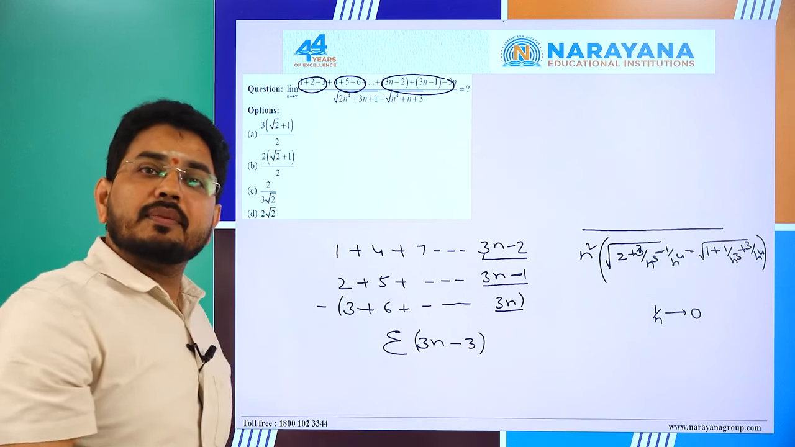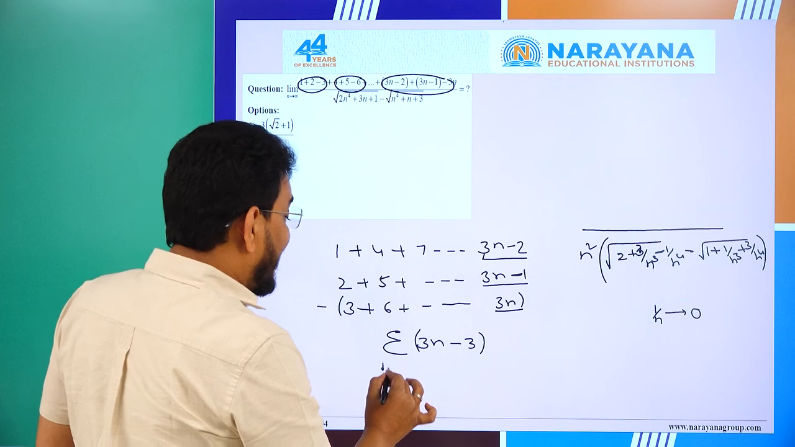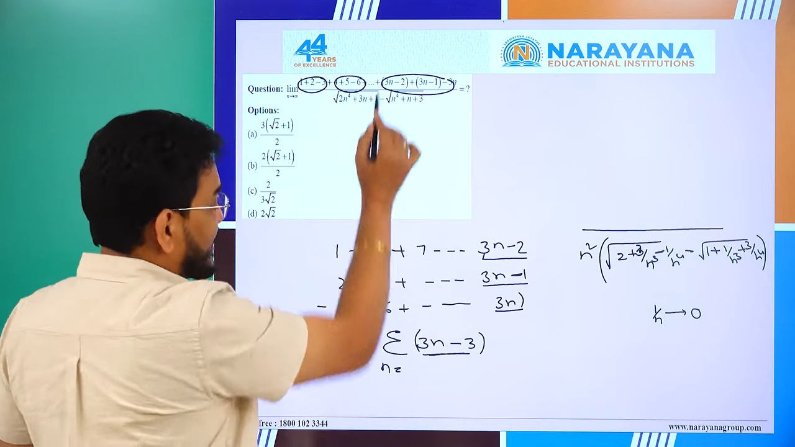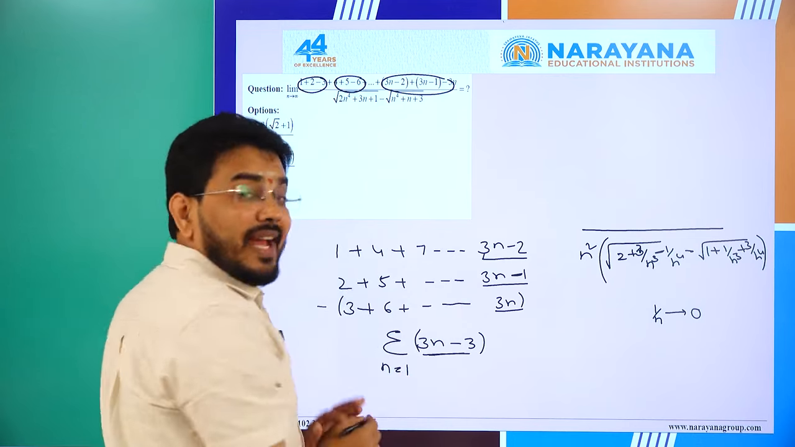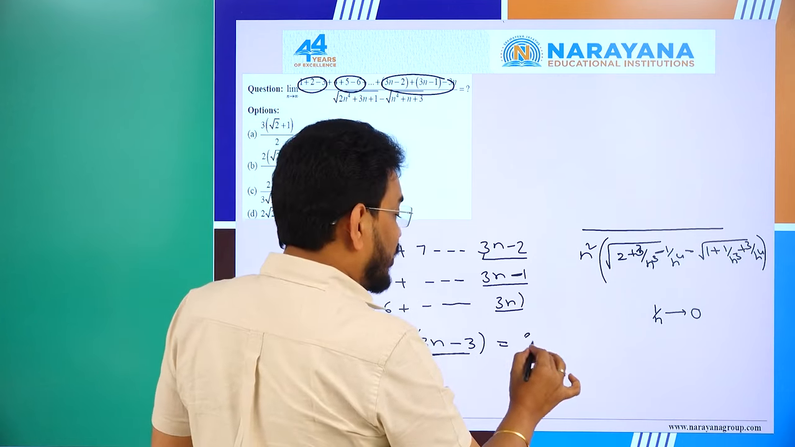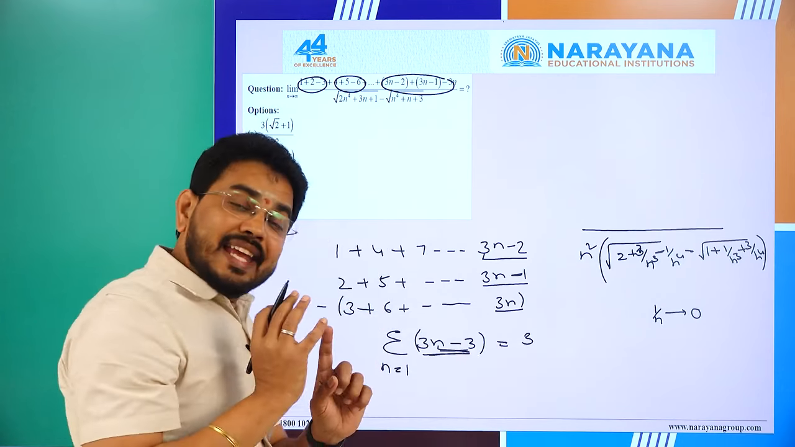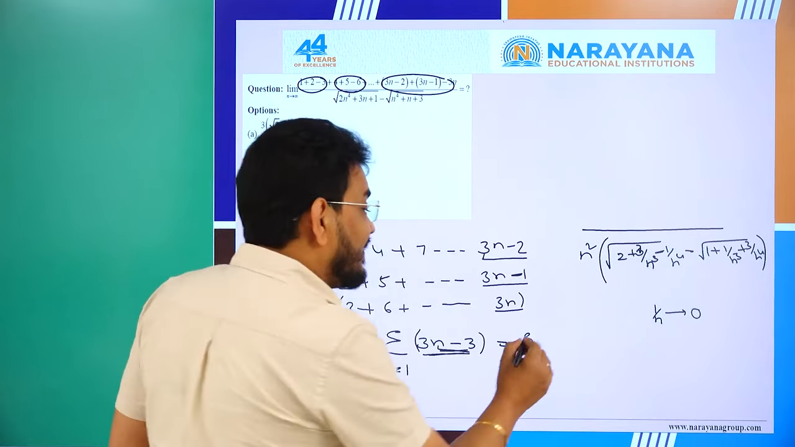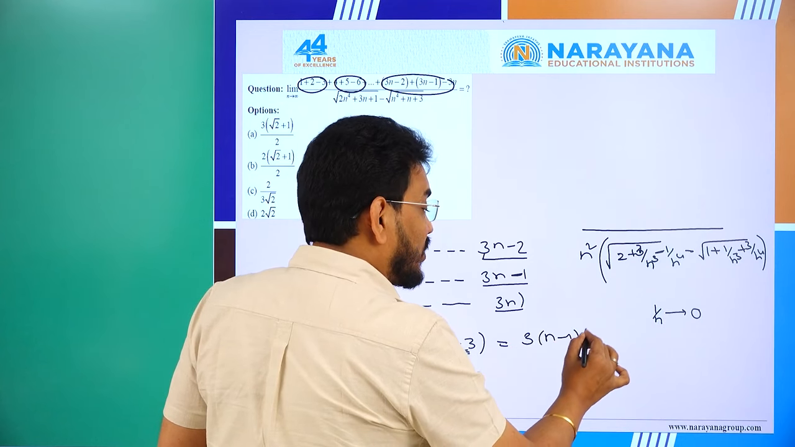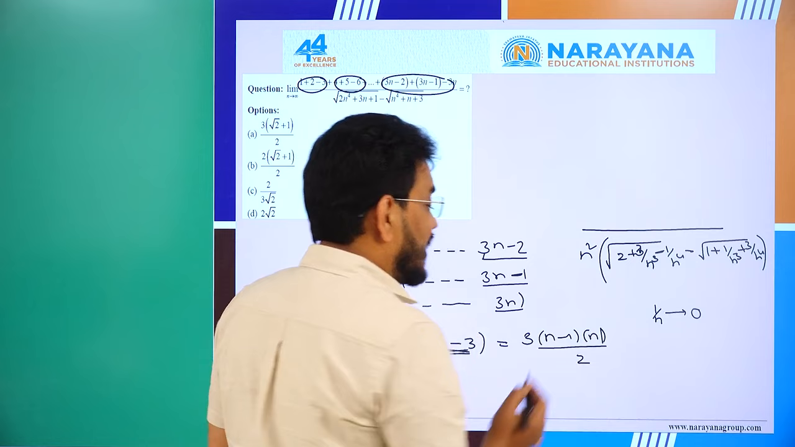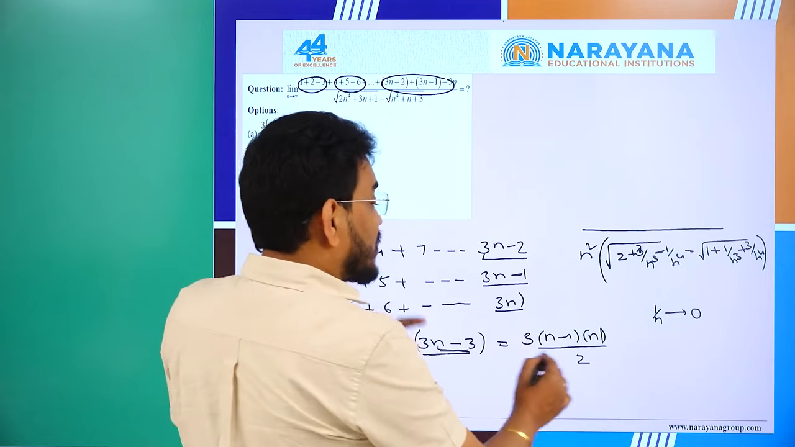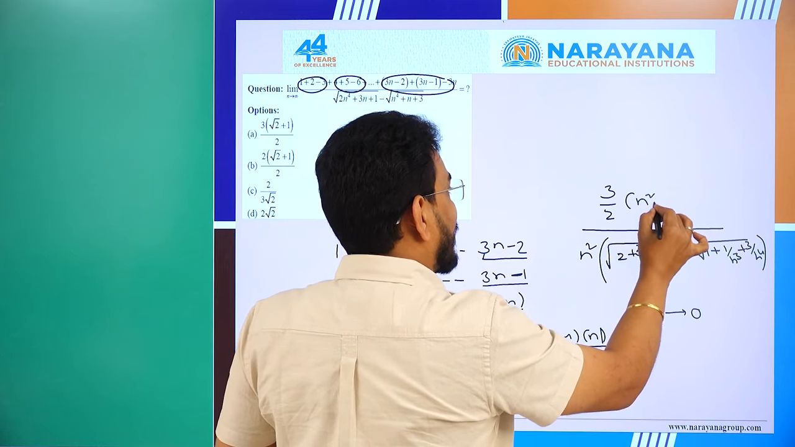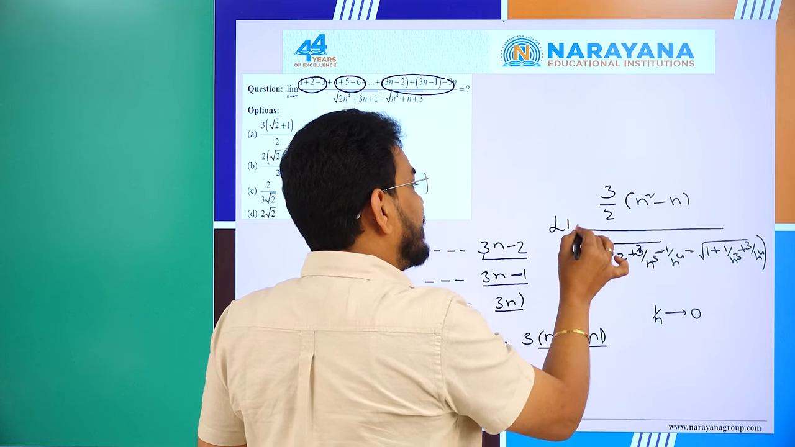So 3n minus 3, where n is equal to 1, 2, up to n terms you need to write. So which is 3 times of n minus 1, n is equal to 1. So 0, 1, 2, 3 up to n minus 1. Value will be n into n plus 1 by 2. So in place of n we have n minus 1. So this value will be, numerator is 3 by 2 times of n square minus n, and here limit n